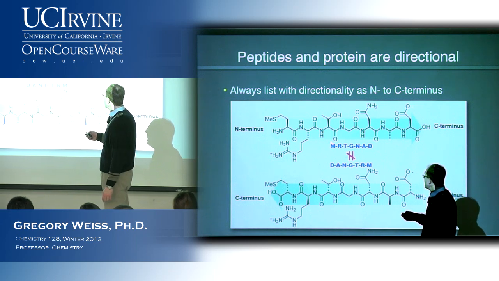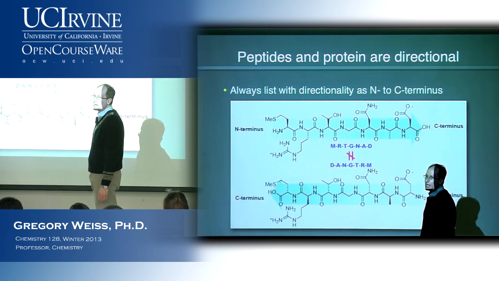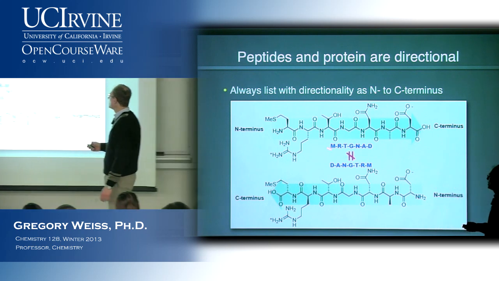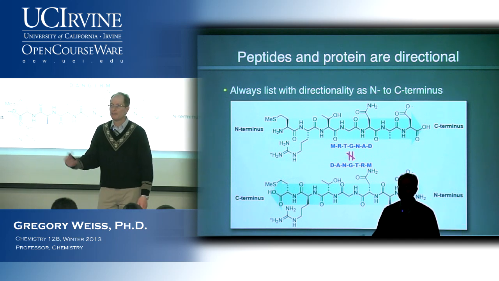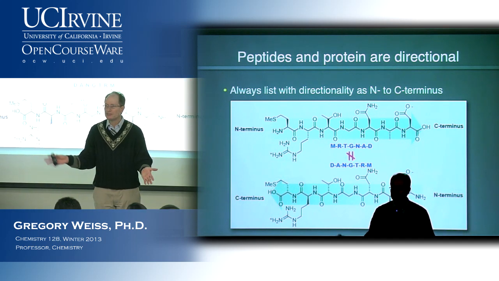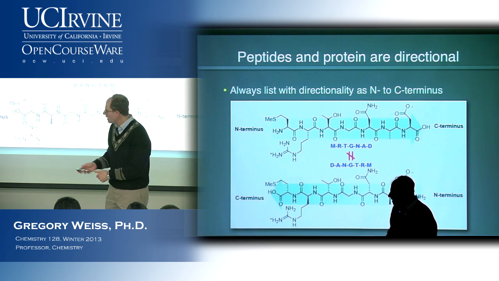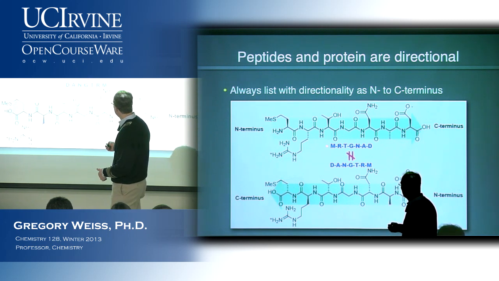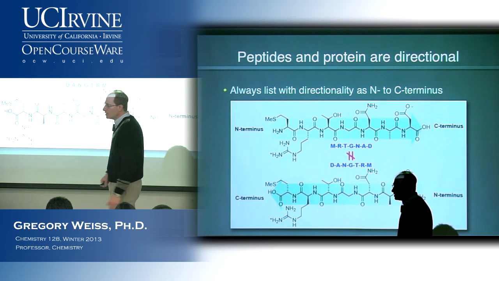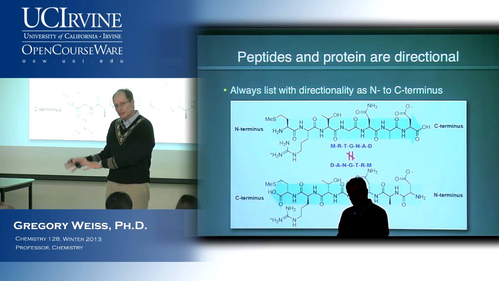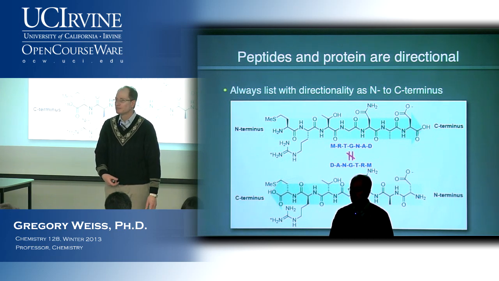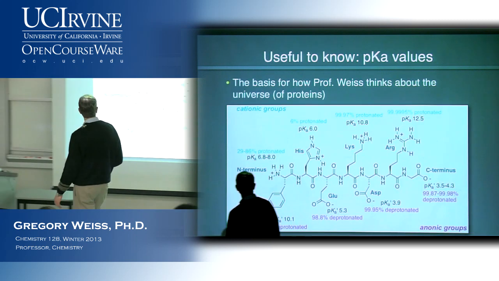Okay, so these two molecules are different, and that's why we have to have the convention that we're always going to write these with the N-terminus on the left and the C-terminus on the right. Notice here that I am not listing the N-terminus and the C-terminus. It's kind of like when we talked about DNA sequences. We had a 5' end and a 3' end, but oftentimes we didn't list the 5' or the 3', right? We just assumed that they were there. So similarly with amino acids, sometimes people write H2N on this side and CO2H on this side, but most of the time people just leave it out. Okay, it's kind of understood. N-terminus is always on the left, C-terminus is always on the right. Okay, so that's the convention that we're going to follow.